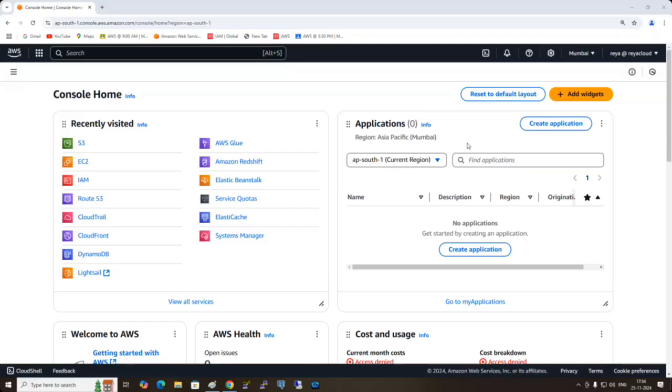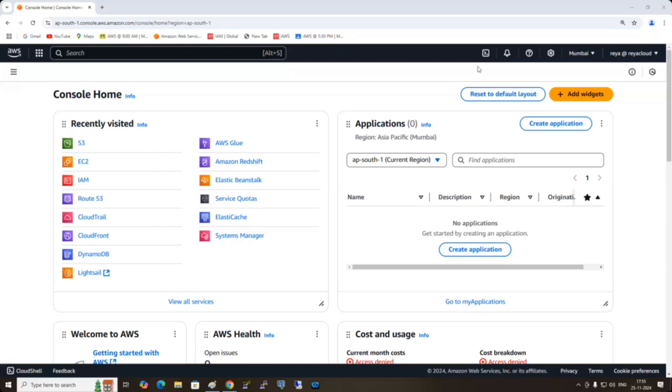So in order to use my CLI, first of all, I need to launch one EC2 instance, a Linux one, and then log in and then install AWS CLI and then configure the keys. What is the command to configure? AWS configure, and then access keys and secrets. You put everything. Yes or no? A lot of things we need to do in order to use the CLI. But if you want to use the CLI immediately, instantly, right now,